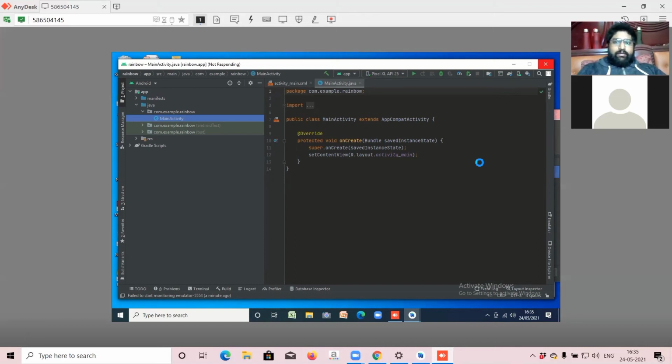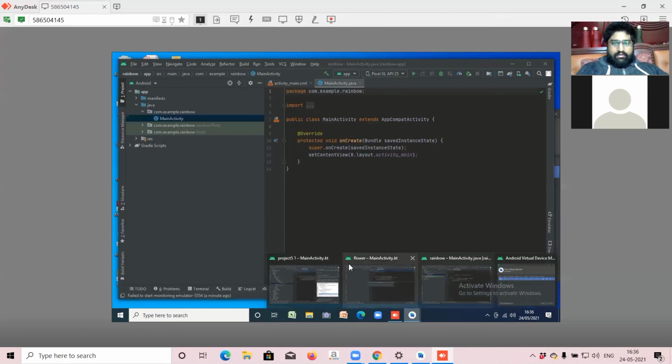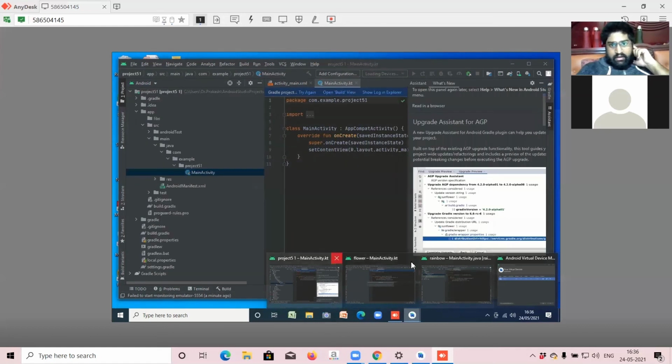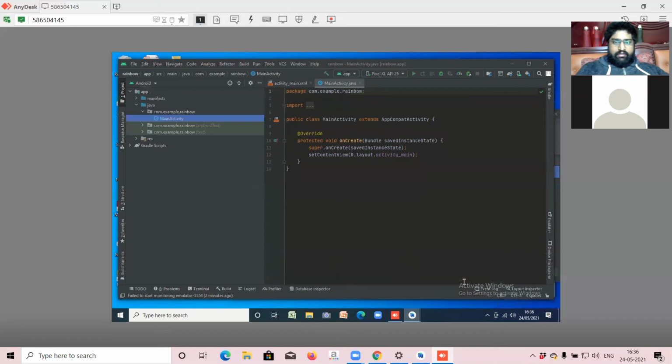It's not responding. Let me do something. We have to close all those things here. It seems you have not closed the Flower application. It is still saving.